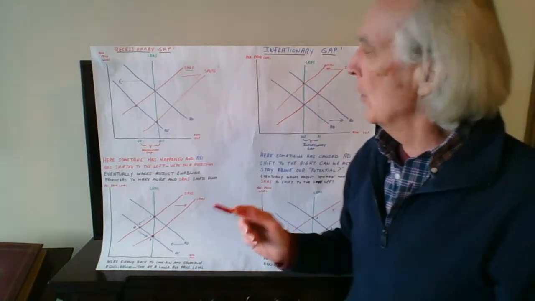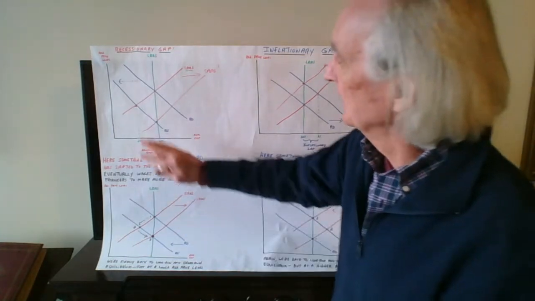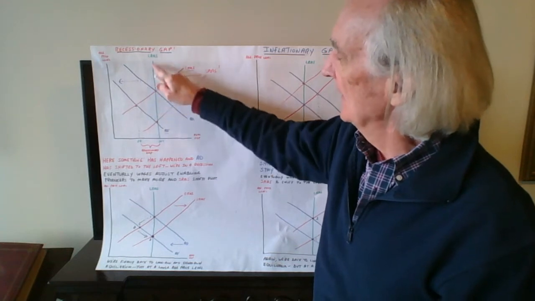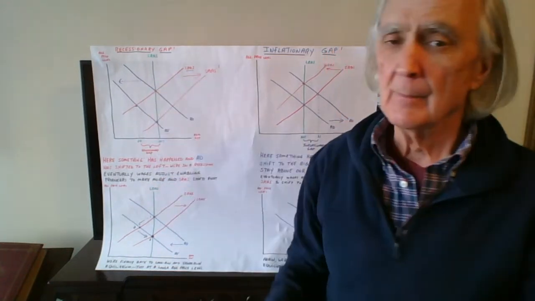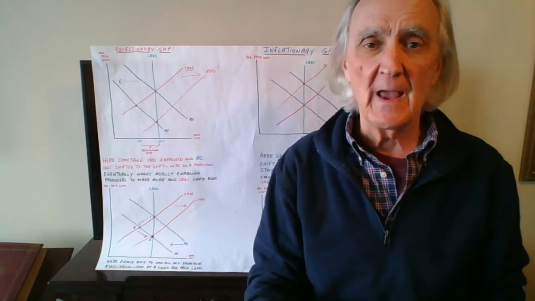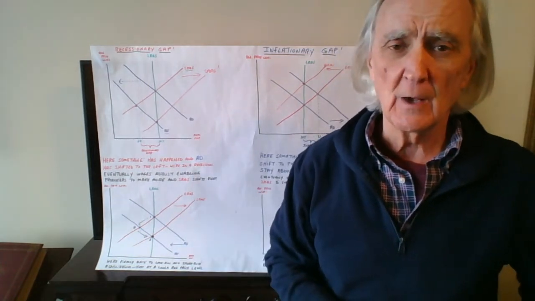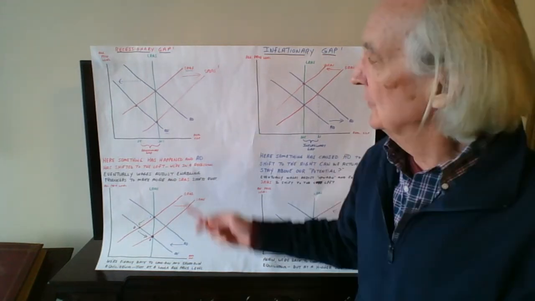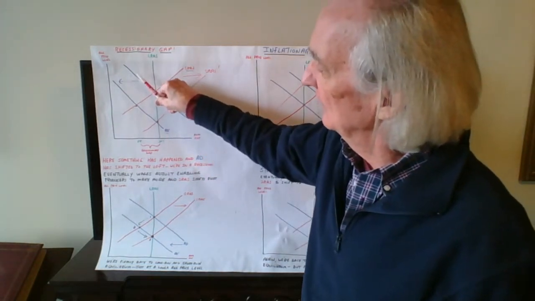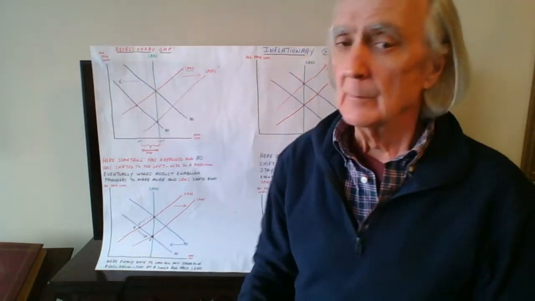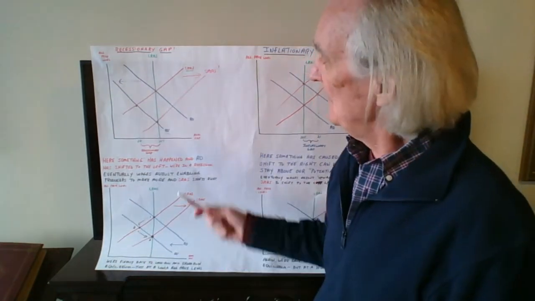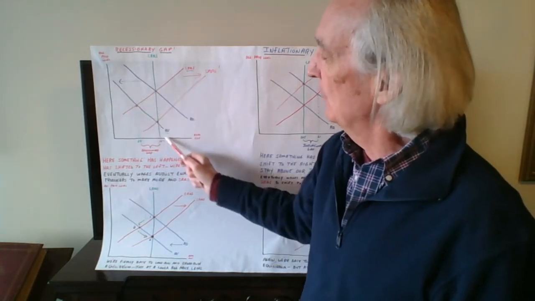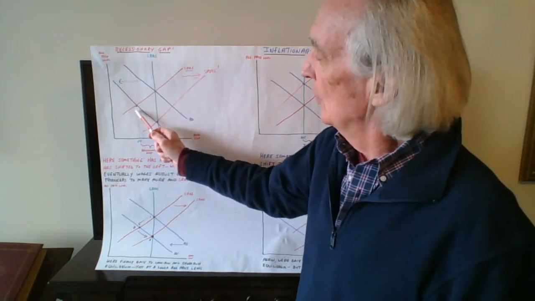So we were at this point right here. We are in short run and long run equilibrium, okay? But something happened. One of those events that we just talked about happened, and aggregate demand shifted to the left, okay? And it does. So shifts to the left. So what does that mean? Well, if we're no longer on this aggregate demand curve, but it shifts to this one, it means we're here,